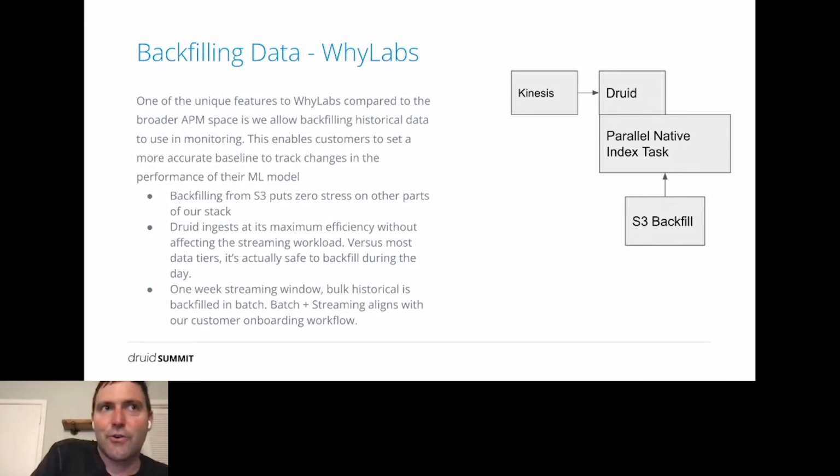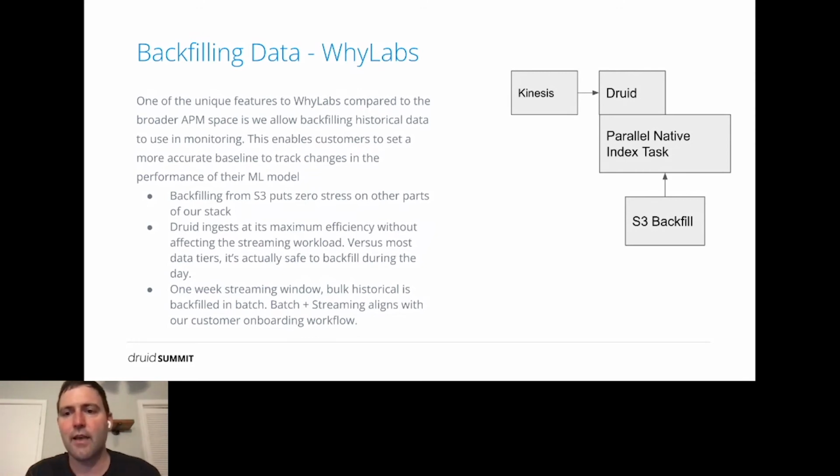So imagine you're in the retail space and Black Friday comes around and all of your numbers are going haywire because you're getting lots of sales. Is that an anomaly? Well, if you compared it to the trailing month of data, it's a huge anomaly, and we would be sending people alerts, and that's not really what people want. Most people in the retail space would say, you should probably compare Black Friday this year to Black Friday last year. And the only way for us to do that is to enable them to backfill older